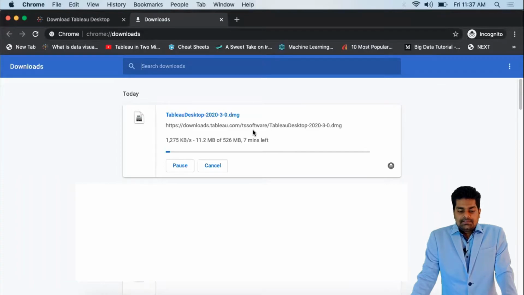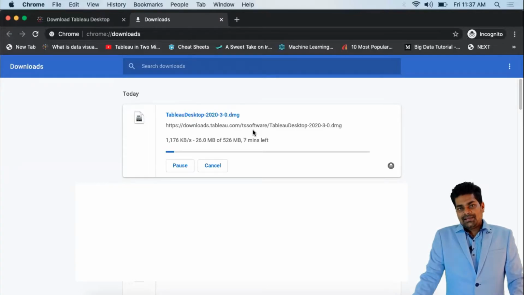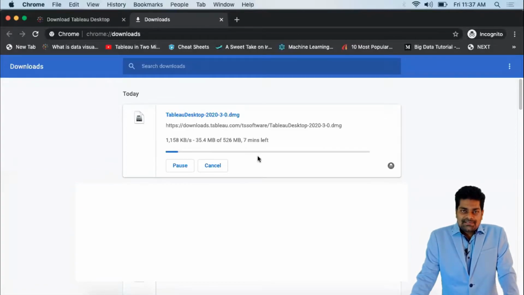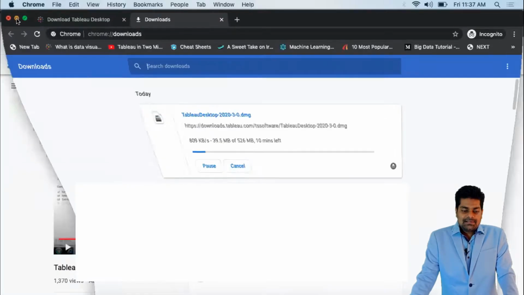The latest version of Tableau Desktop as of today is 2020.3.0, and this is a DMG file because we are downloading on Mac. It's 526 MB.